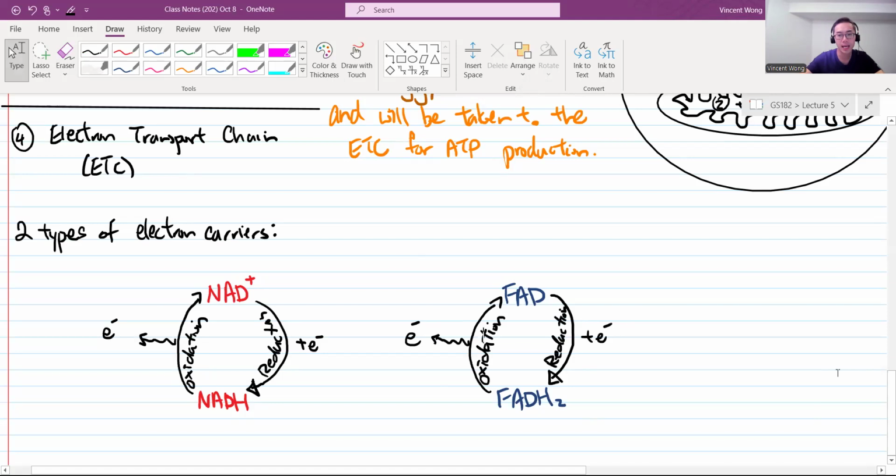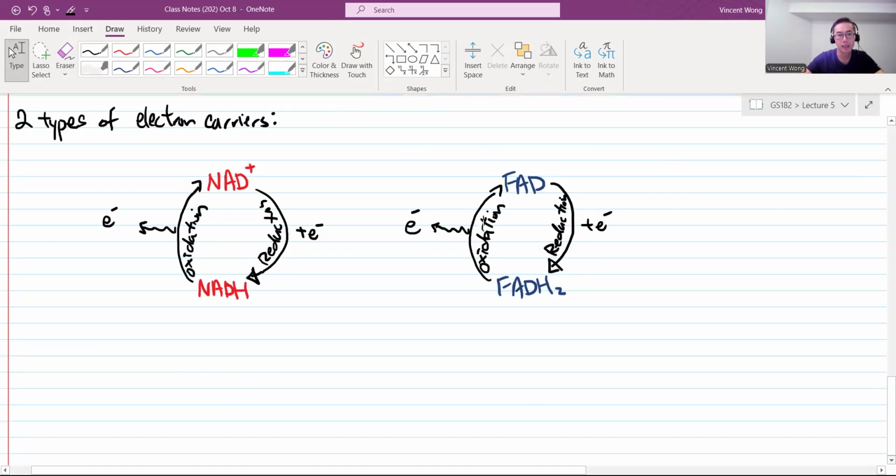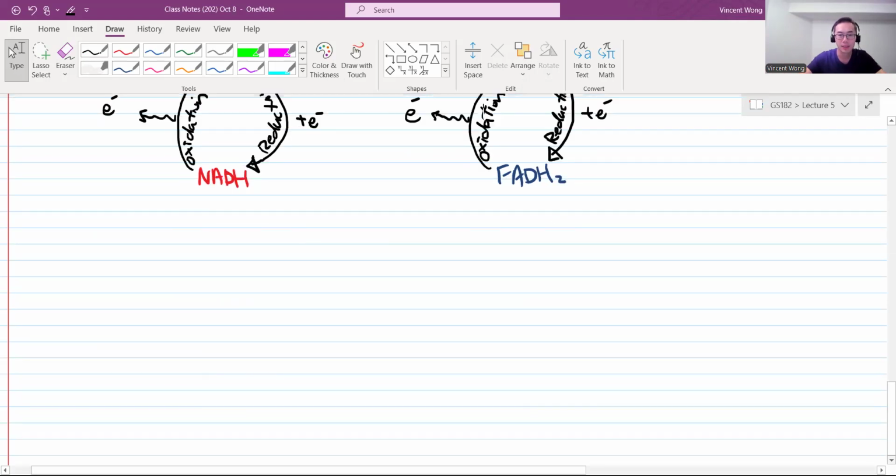Now, to help you understand, I will draw this picture. You don't have to draw this next part, okay? If you want it, you can add it on later. But just listen to me, because I think it's more important than trying to draw this out and then miss what I say. So this is just an analogy to help you understand.